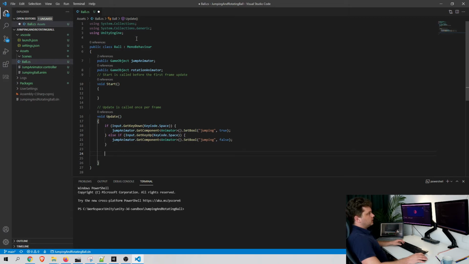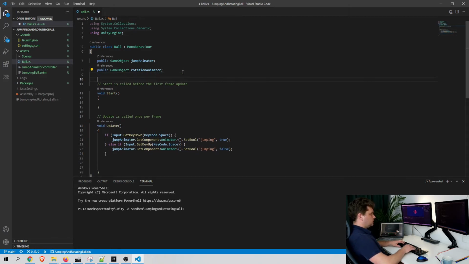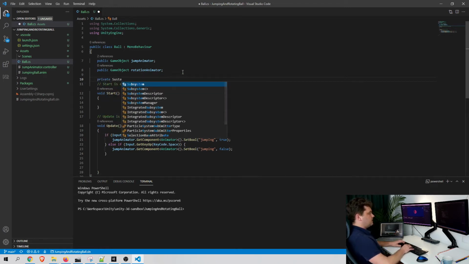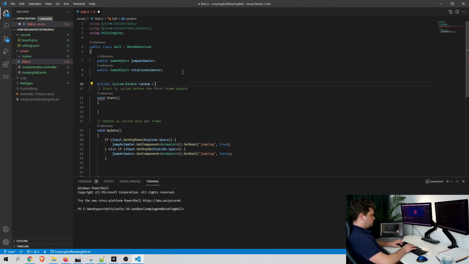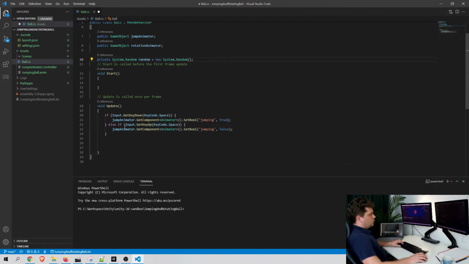Let's see how to do this. At first I need a private variable System.Random random equals new System.Random. Now when I press the return key,